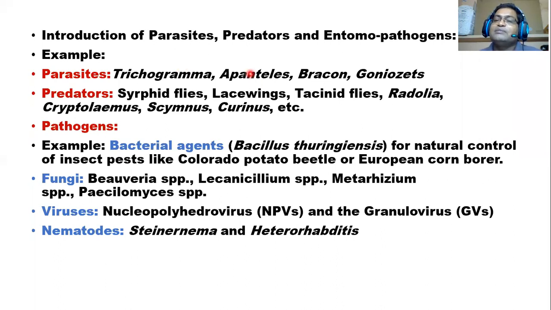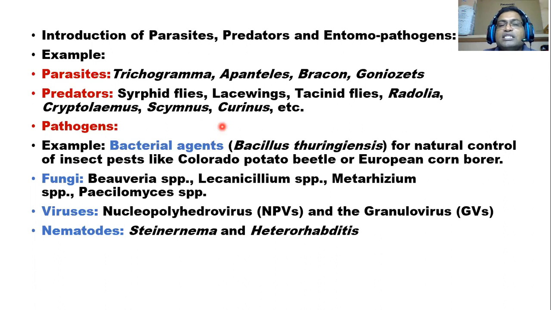And Aphelinus, Bracon, these are larval parasitoids. Right? These parasitoids can easily kill the larva and pupa and the eggs. And predators, there are so many predators. Even frogs are predators, snails, snakes also, owls, myna. Other insect predators you can use: Rhedolia, ladybird beetle, Primenedites, green lacewing bugs, dragonflies. Right? These are the predators.